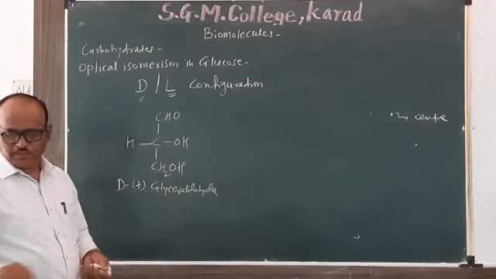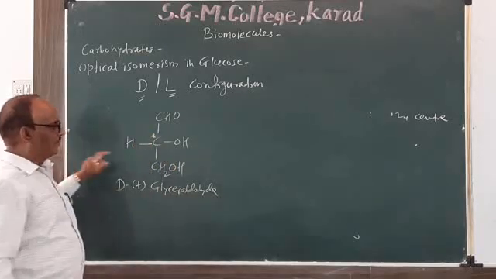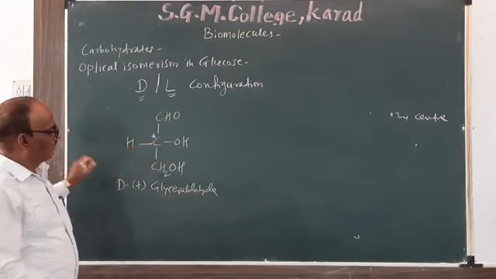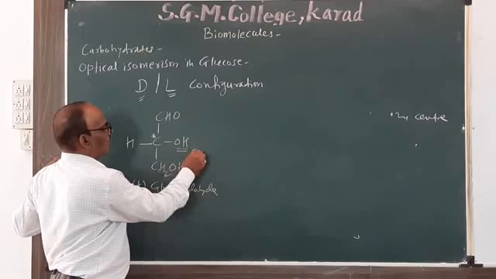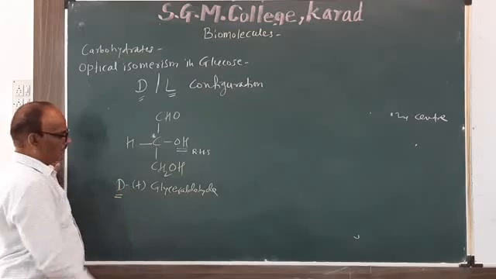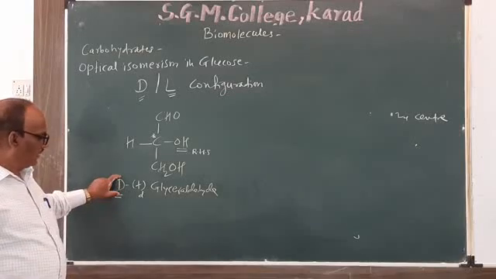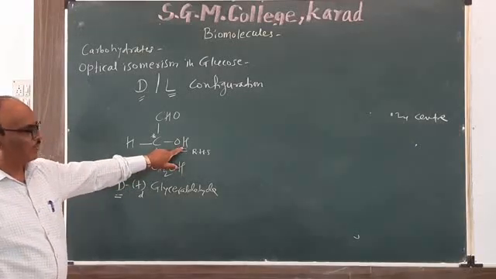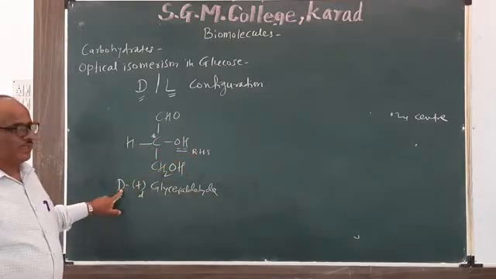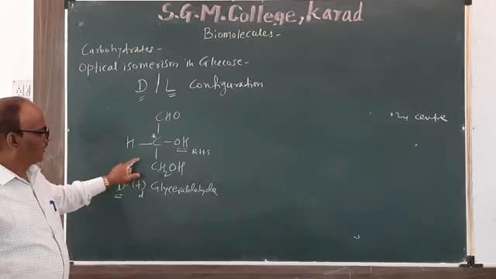And the meaning of this capital D: there is only one asymmetric carbon atom or chiral carbon atom, so this is the lowest chirality center. At this carbon, the OH group is on RHS, therefore this configuration is a D configuration. The difference between capital D and small d: capital D represents the arrangement of OH at the lowest chirality center. If it is on the RHS, it is a capital D, and small d means it is dextrorotatory. So this is one isomer.